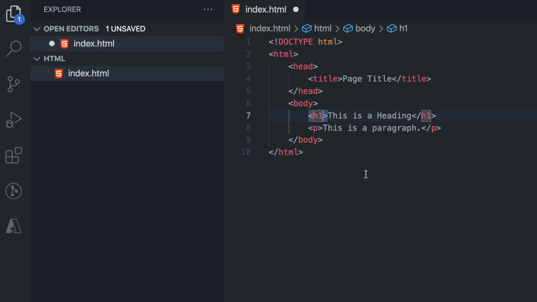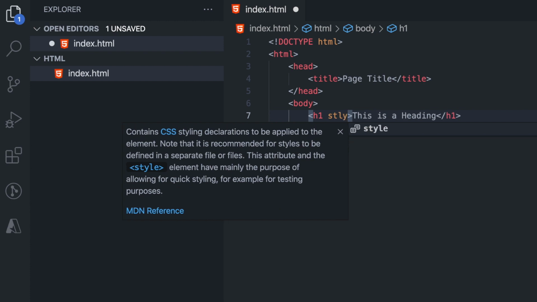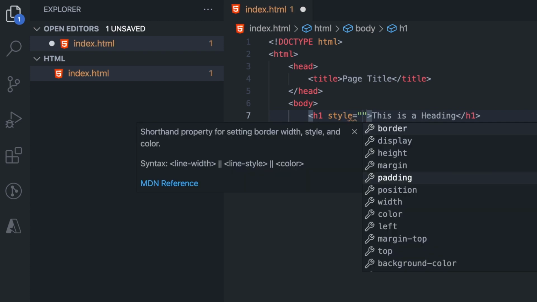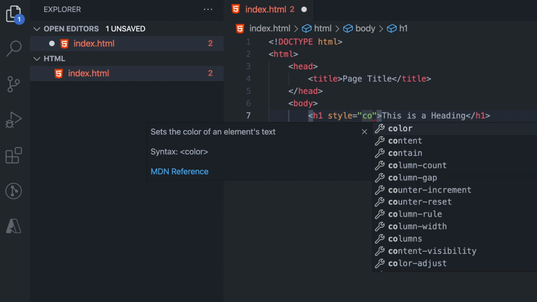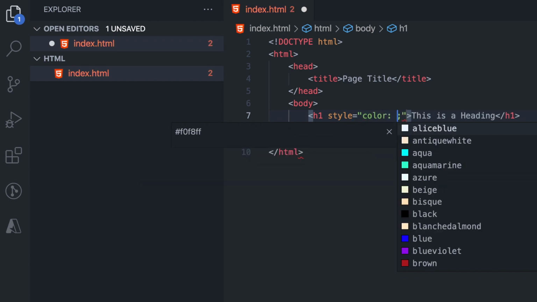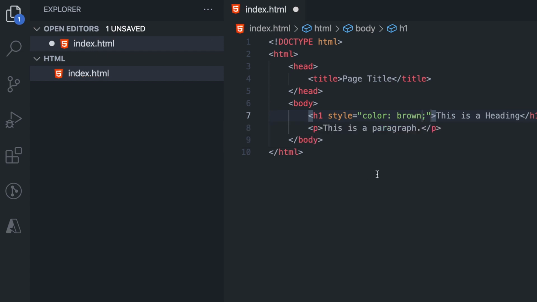So consider this, if I want to make this title red, I can write a property called style. If you use Visual Studio Code you will get this IntelliSense. It already suggests what you can write inside this. So I wrote style and then just pressed enter. Now I already got these options, so I'll just type a few characters like color and see that the first option is selected. I press enter. Then you can see even colors are suggested. So let's just select one color for now, brown.